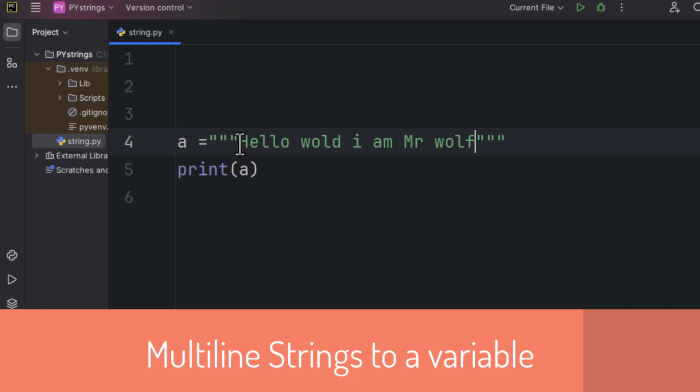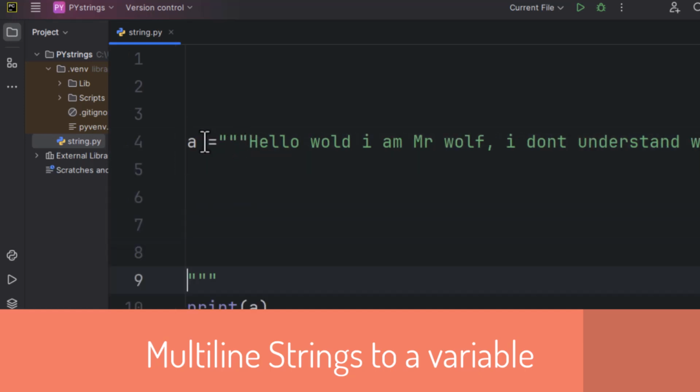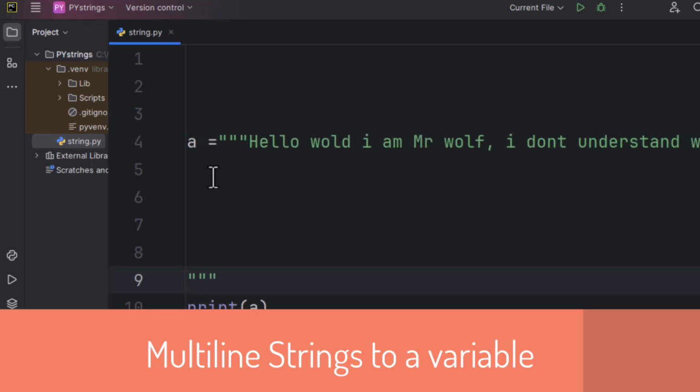A comma. I don't understand why students have this student mentality